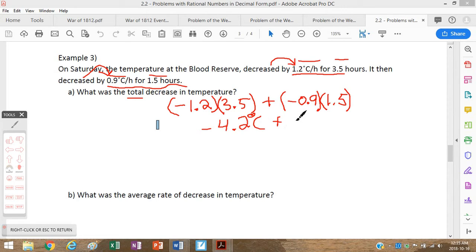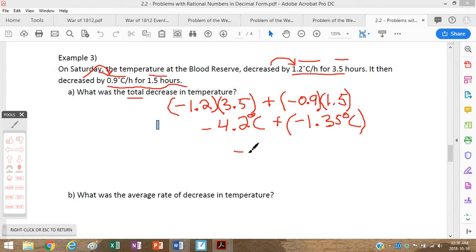And what you see right here in front of you is probably the best example of why it makes sense to put brackets around the second integer or second negative number, simply because if you have a plus minus, it sort of just looks weird. At this point, we're going to add them. You could, I suppose, do this with pencil and paper, but you don't need to. So we're looking here at negative 4.2 plus negative 1.35, and we end up with a grand total of negative 5.55